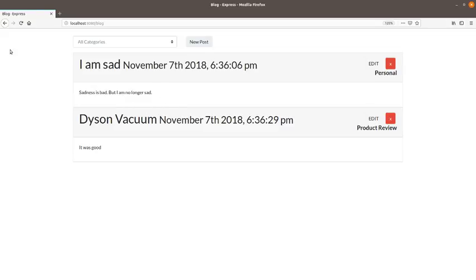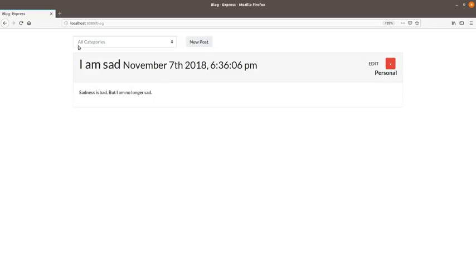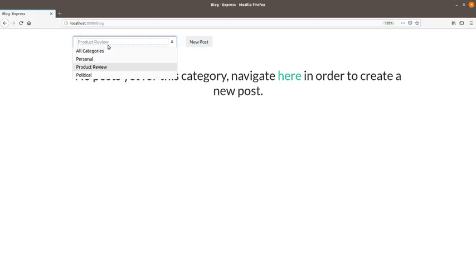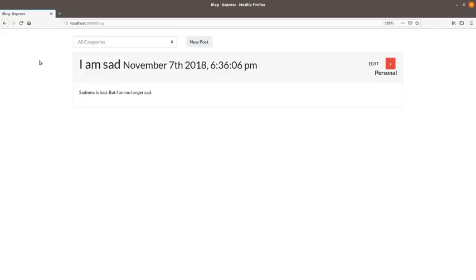And it reflects on my home page. I can refresh the page and all my posts are still there. I can delete them. Well, I don't care about that vacuum anymore. And you'll see that it is now gone officially from the database. So the first phase of this application is really going to have to do with the searches, creating, updating, destroying,